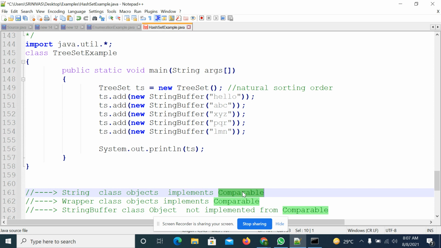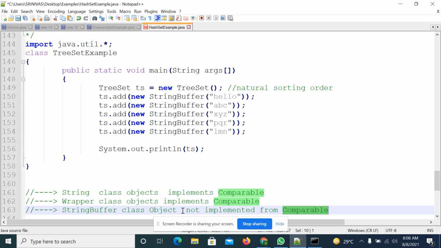In the Comparable interface, there is a method called compareTo. Using that compareTo method, you can compare the data and sort the data. But the StringBuffer class does not implement the Comparable interface, so you are not supposed to call the compareTo method, and you are not able to sort the data.